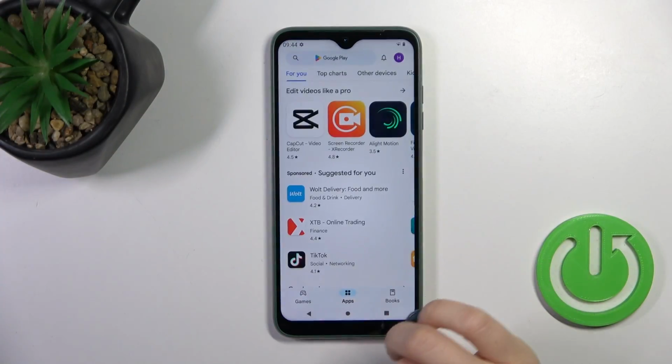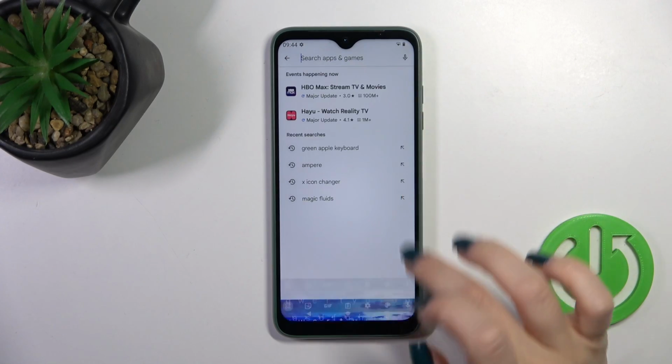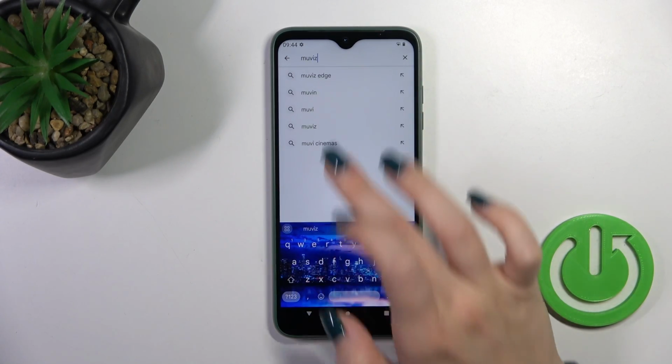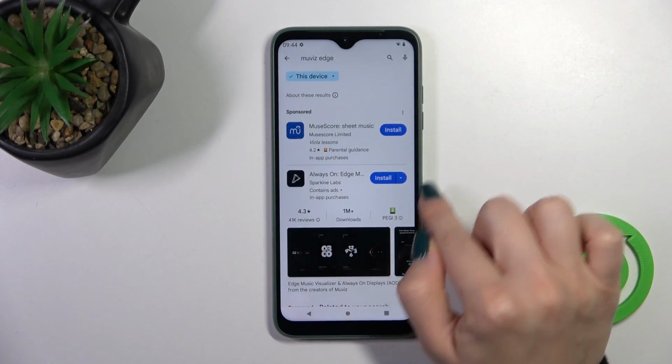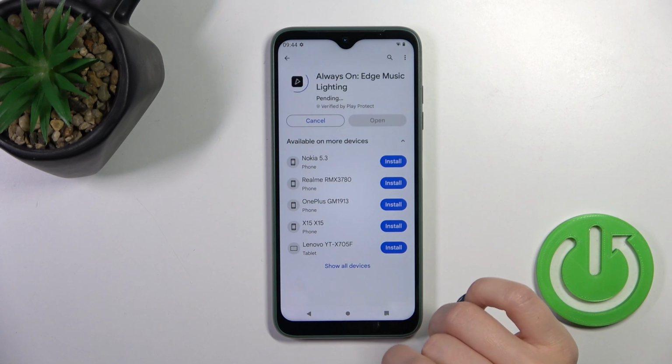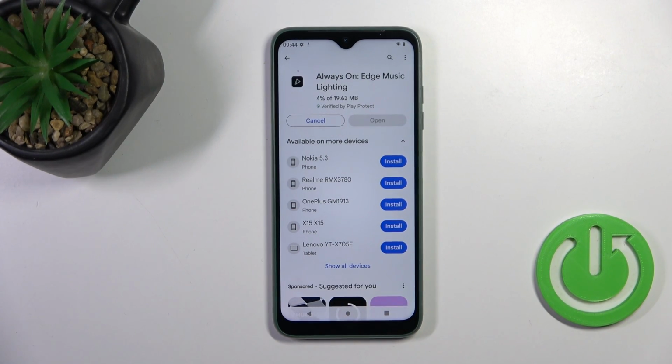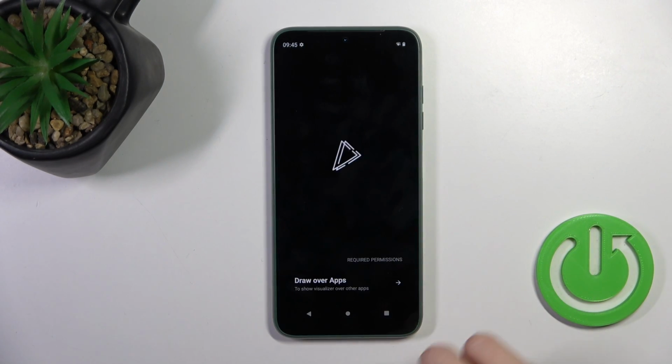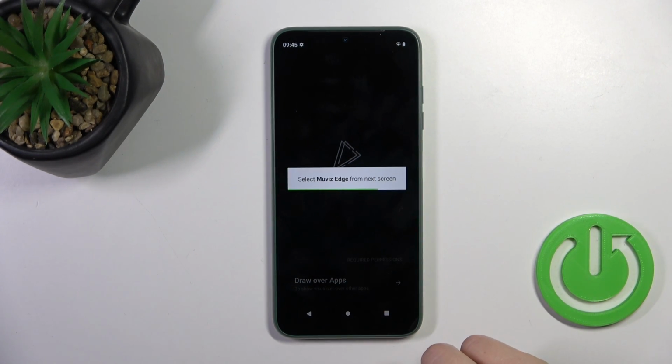So first, open the Play Store app and in the search pool enter the Muviz Edge application. And now we should get this app, that's why tap the install button and wait a couple of seconds. So unfortunately we have now installed by default the AD option, that's why we should get the application from the Play Store. So now tap the open button, click to draw over apps